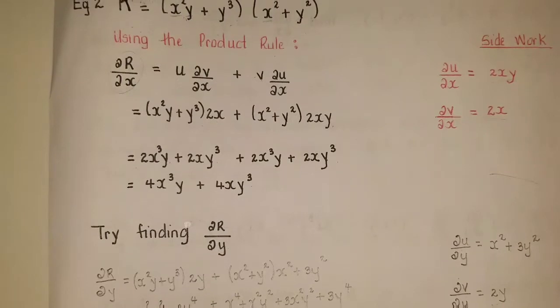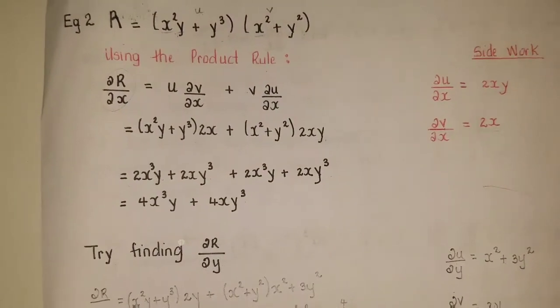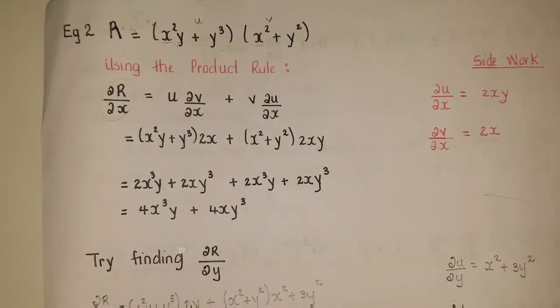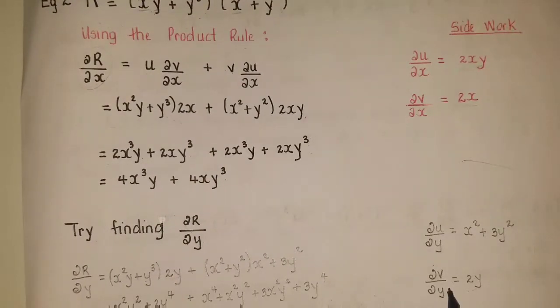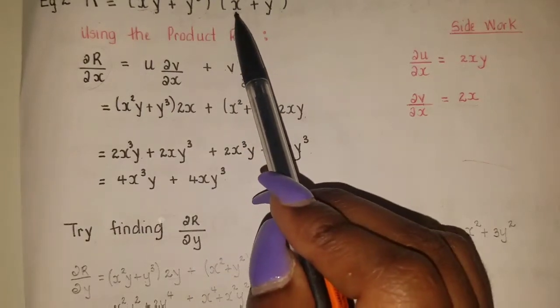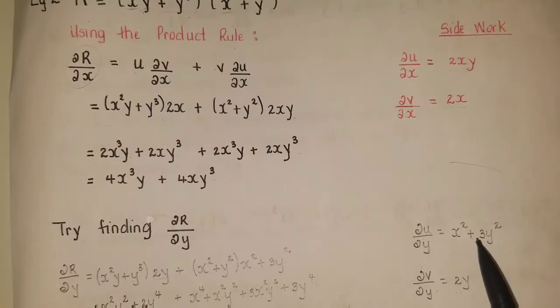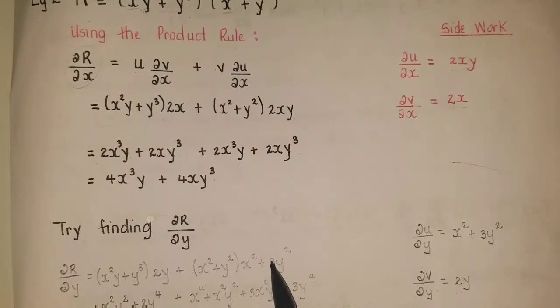So now when we plug it into the formula, we'll first write the u function, which is x squared y plus y cubed, multiplied by the partial derivative with respect to y of v, which was 2y, plus the v function, which is x squared y squared, that gets multiplied by the partial derivative of u, which is x squared plus 3y squared. So you can once more leave it at this line,